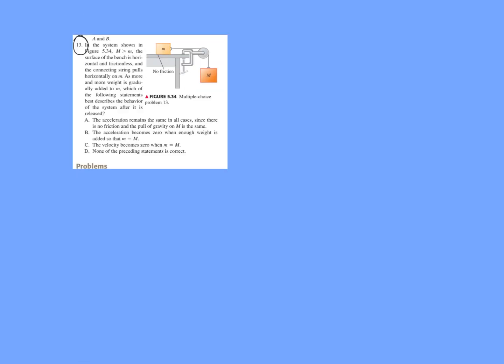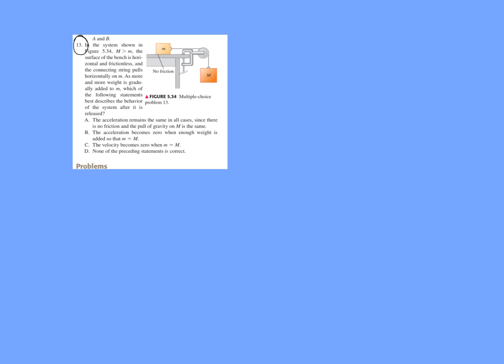Now read this problem and try to solve it by yourself. This problem says that you have two masses. Capital M is a big mass, little m is a small mass. Here on the capital M there is the weight acting on the body, and there is some tension going up. And on little m there is only T acting on the body. So let's go to